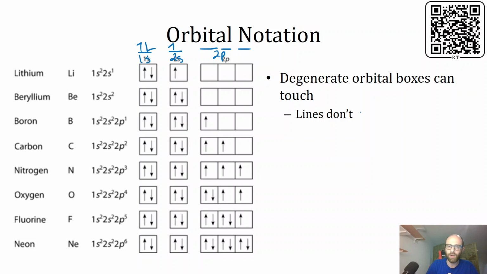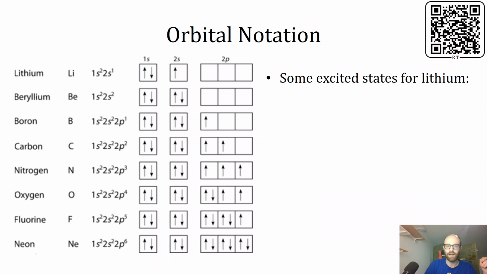If you did keep going, of course, you could draw a 3D sublevel and you'd have 5 lines. The Fs would have 7, or boxes. So just to wrap things up, I wanted to show some potential excited orbital notation configurations for a lithium atom. That's a lot of vocab. So here we have the ground state because this aligns with all the rules we've seen so far. So we could instead have